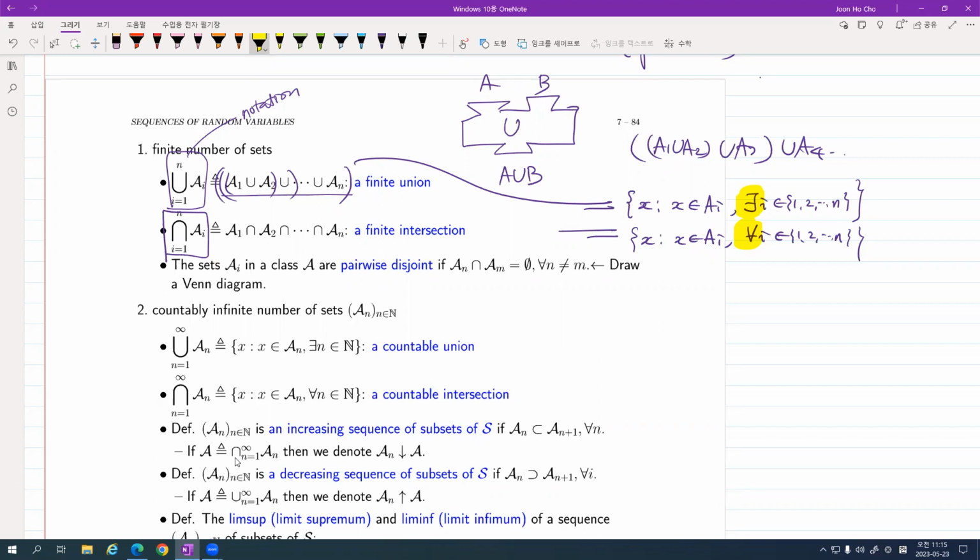Right? Now, given these two, you may say that, well, they are just equivalent things. You're right. But given this, you have a very simple idea. However, writing it in this way allows us to extend it to what? Here, countable union and countable intersection. Here, some people say countably infinite union, countably infinite intersection. What's the difference between this finite union and countable union? What's the difference?